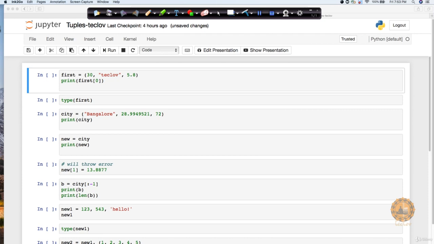Tuples are a data structure that is similar to lists in all aspects except in the way they are declared and how much they allow themselves to be modified. A tuple once created cannot be modified at all. In the previous lecture, we discussed lists, which you have seen can be changed.